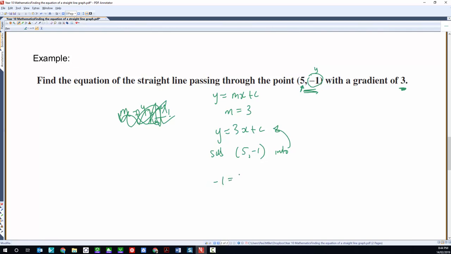So that's negative 1 equals 3 times 5 plus c. So recall that's x and that's y. So I've subbed y there and I've subbed x there. I'm going to now subtract 15 from this side. So my equation is,